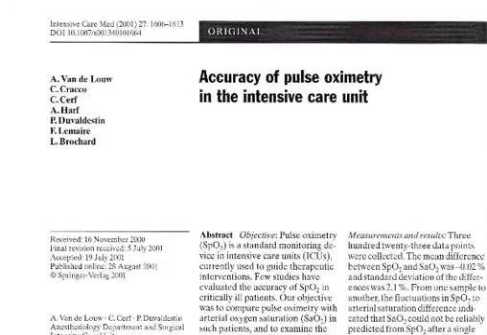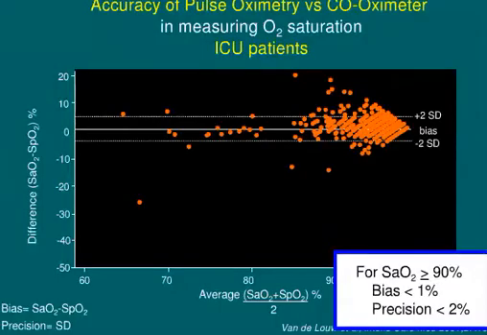Now, the accuracy of the pulse oximeter has been studied in many studies. In the ICU, this was a study done by Laurent Brochard's group, in which they evaluated its accuracy in a large number of patients. What they did here is they compared the oxygen saturation with the pulse ox, or the SpO2, against direct measurements of oxygen saturation using the gold standard of a co-oximeter. You can see here the bias, which is just the difference between those two saturations, was pretty good. It was less than 1%, and the precision, which represents the standard deviation or the noise of the measurement,